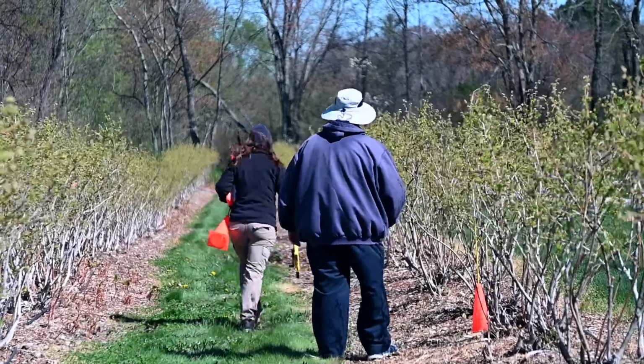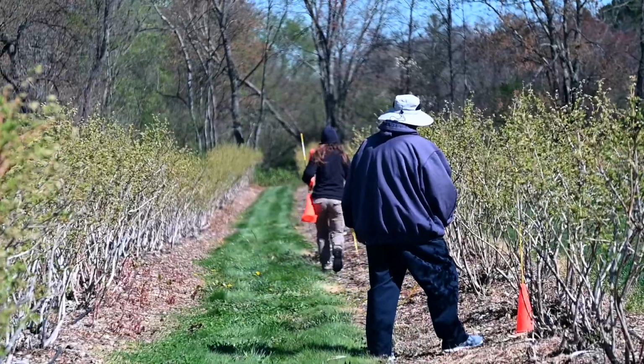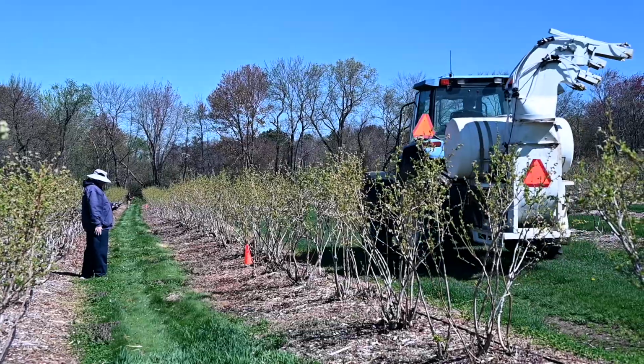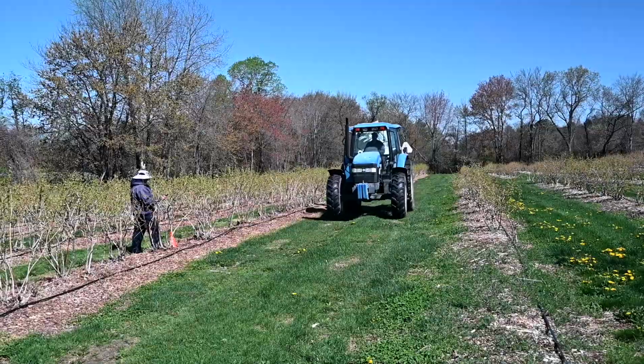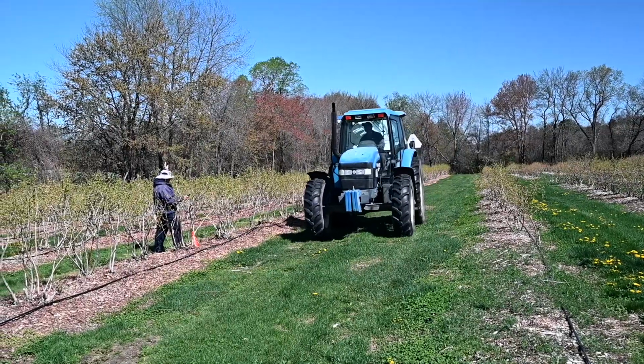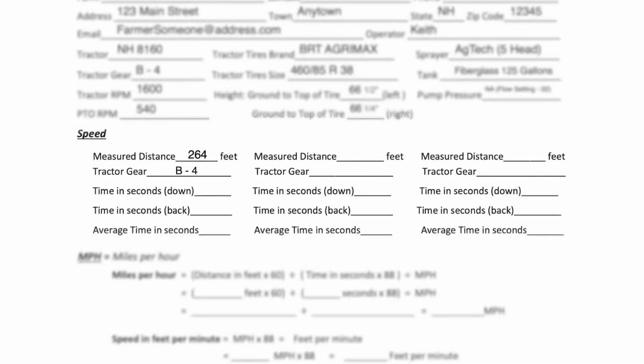Measure and mark the distance, and then use assistance to record the time it takes to travel the course, once down and once back. Record it twice, then average the 2 times in order to establish a standard time. If the first 2 measured times have more than a 10% differential, it may be necessary to repeat the timing tests. In this test, the time was 47.3 seconds for the first run, and 47.42 seconds in the second run. We total the 2 times, then divide by 2 for an average run time of 47.36 seconds.